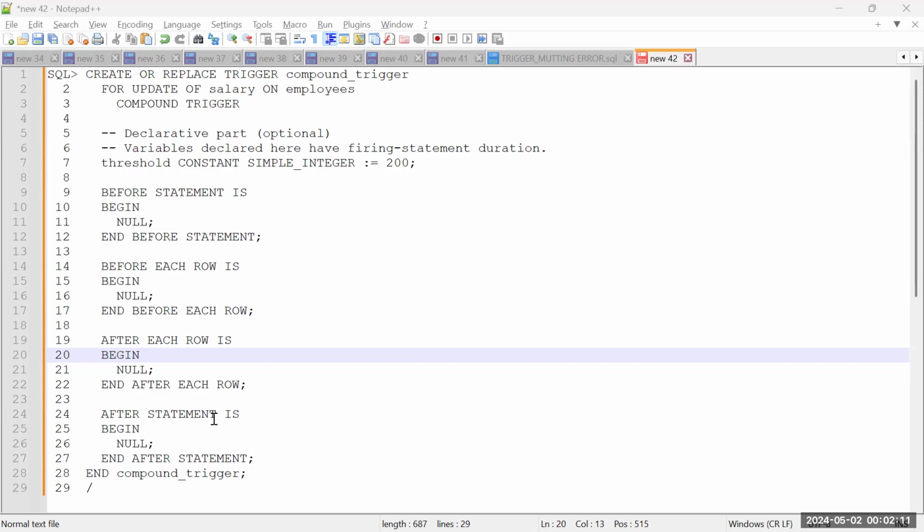Okay, the timing points, right? Before statement: before the triggering statement executes. After statement level: after the triggering statement executes. Before each row, the triggering statement